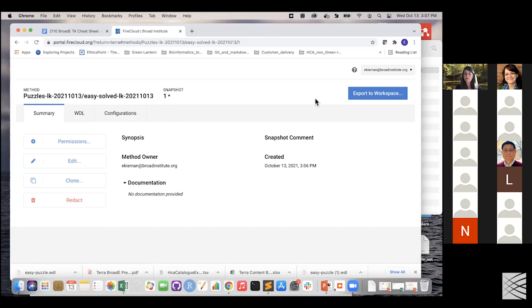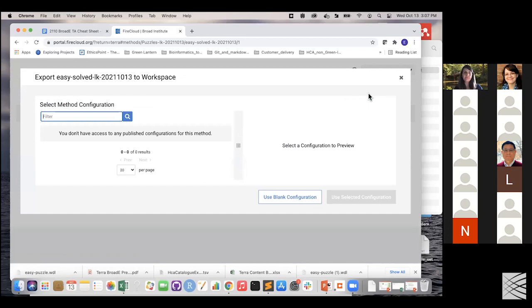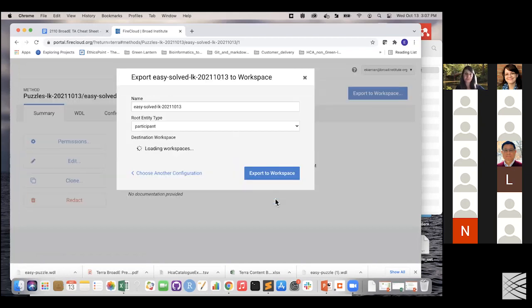to a workspace. So I'm going to show you how to do that real fast, and then I'll turn it over to you all to give you time to do your own little puzzle. So to export to a workspace, I'm going to choose this blue export to workspace icon. And then it's going to ask if I want to choose a configuration. I haven't made a configuration for this, so I'm going to say use blank configuration. And then lastly, it's going to ask me to do some configuration for this workflow. The only thing I need to do is